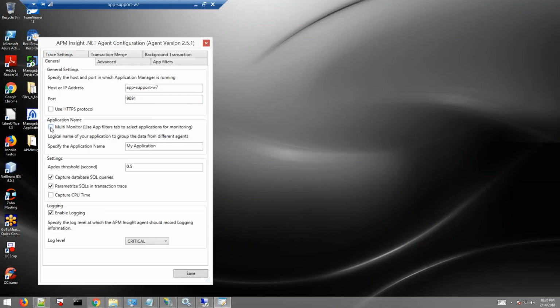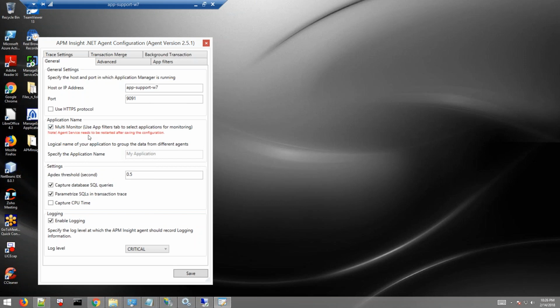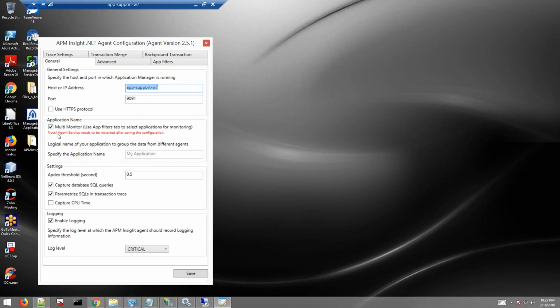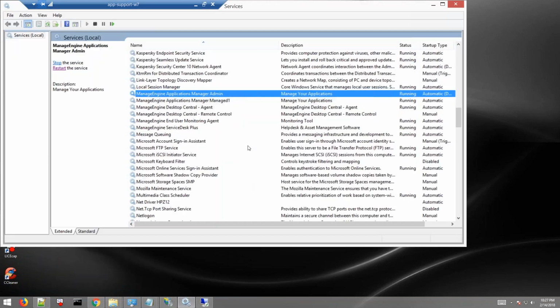So I told you, you can select MultiMonitor, right? So you can use this option to monitor your applications individually, which are deployed in your IaaS server. In that, you can select this option, and let me show you how it looks. So under app filter, I'm going to select a couple of web apps that I want to monitor. So I'm going to just unselect a few of those. So I'm going to leave these 4, and I'm going to click on save. Please note, when you select this, it is asking you to restart the agent, not the IaaS server. All right. So what I'm going to do is click save. Let me reconfirm. Yeah. So let me click on save,